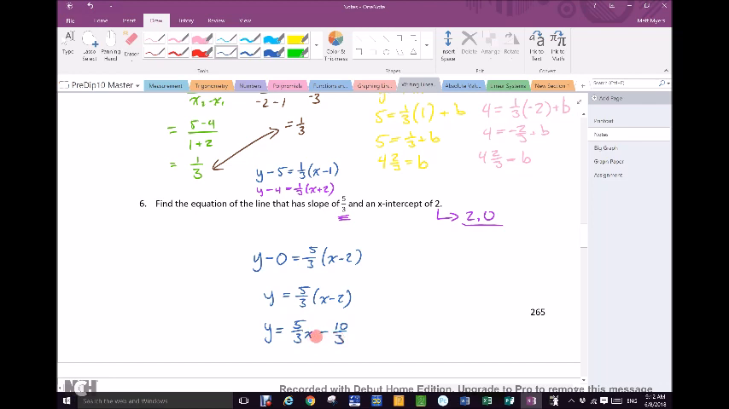Could you also have that in general form? Done. What would it be? Ooh, general form. That's tough because the x can't be 5/3. So I know. That's why I just said very loudly. General form. 5x minus 3y minus 10 equals 0. And finally, standard form. You just move it